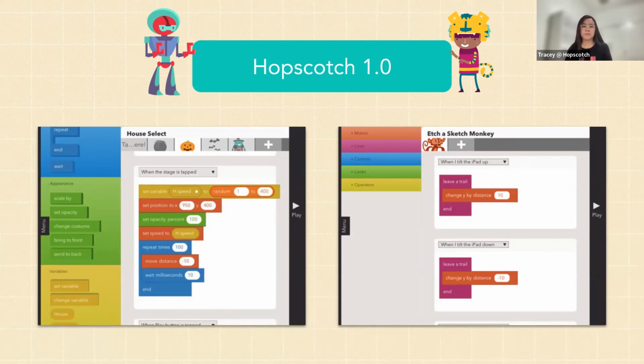As you can see, the blocks are on the left-hand side, and on the top, you can see there's a list of objects where you can choose which object's code you're currently looking at. And then you can see there's drop downs where you can change the when. And yeah, you can see the blocks,